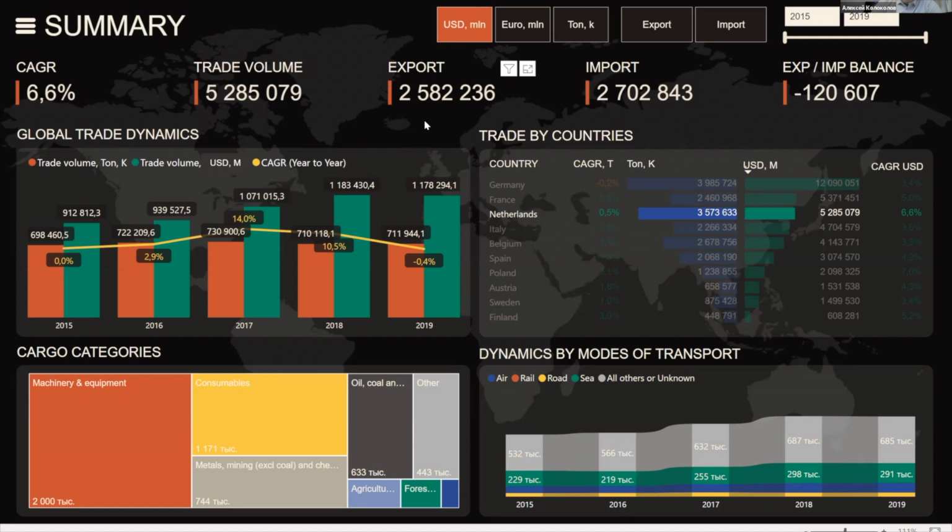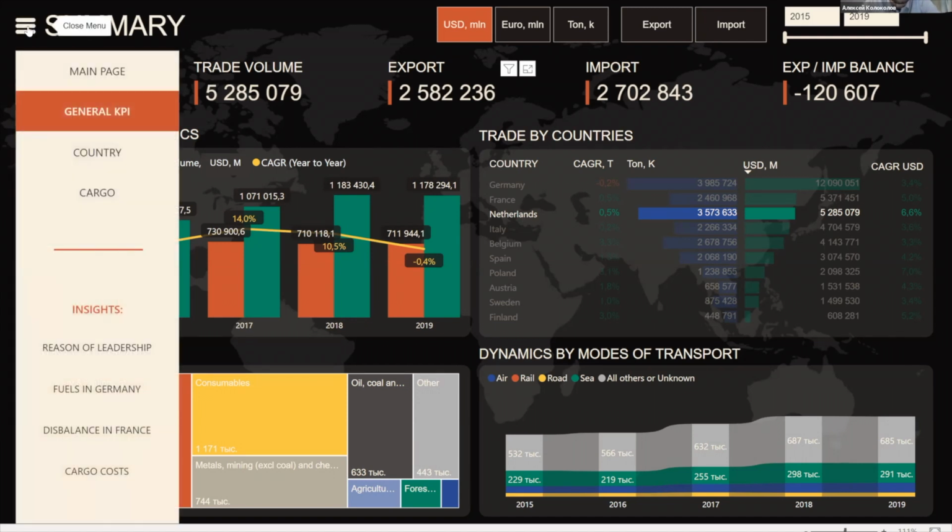Maybe for you it looks like a set of beautiful pictures which are not so significant. But how it works, especially for our clients, when we launch this product,